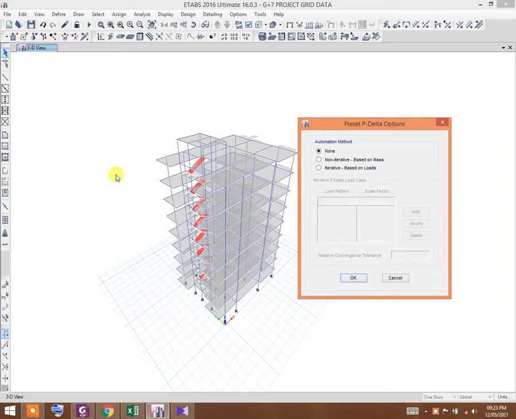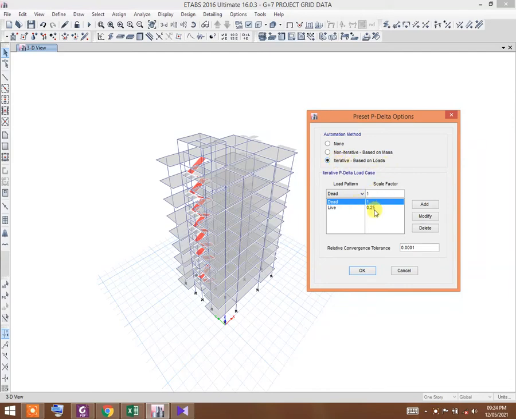At the same time the vertical gravity loads will be acting on the building, so the delta displacement times the vertical load gives an extra P delta moment. So it will also affect the building period, so we have to define it.